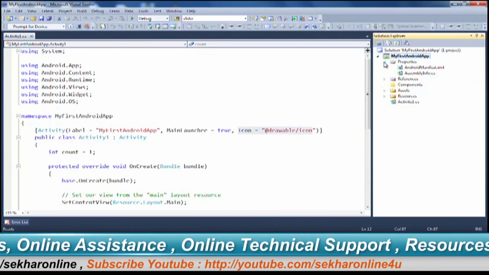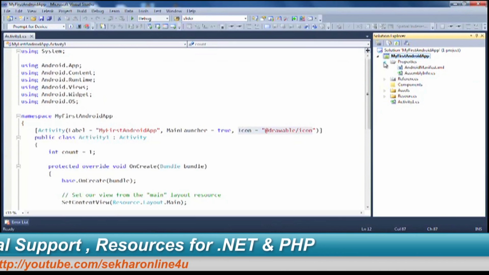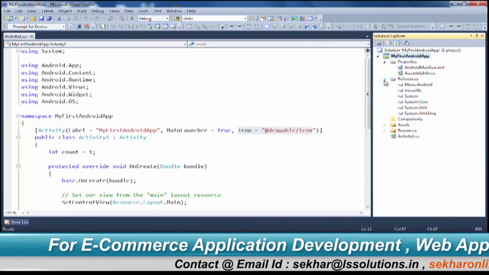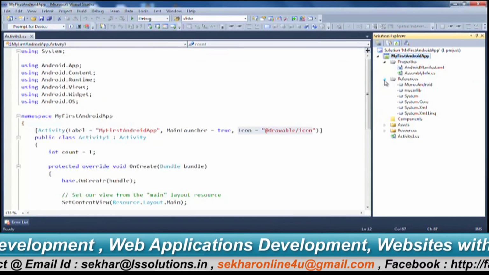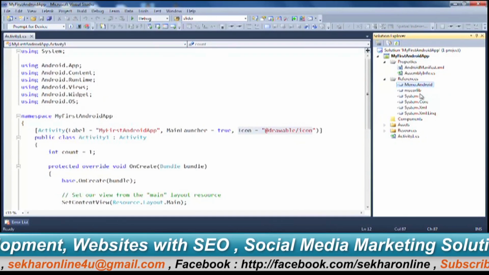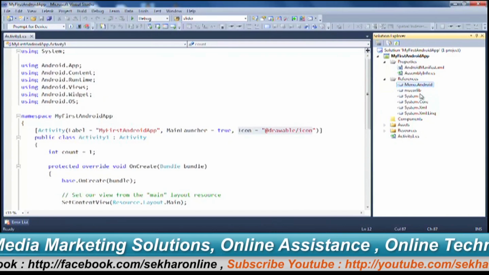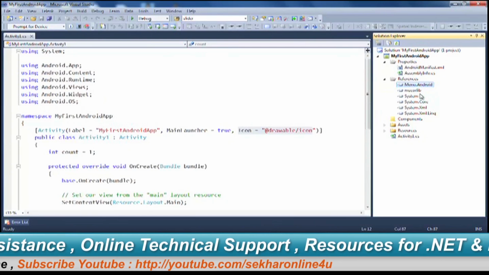You additionally find AndroidManifest.xml. Along with that, you find References, which is again similar to a Windows Forms application of C#, except that a new namespace reference called Mono.Android will be there, which will be used for deploying our application on the Android